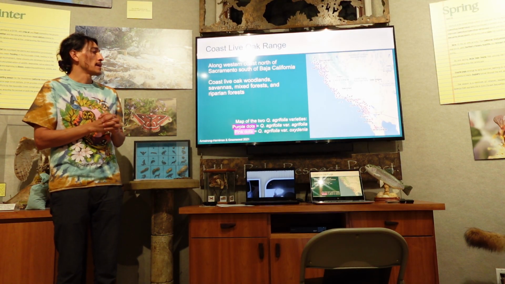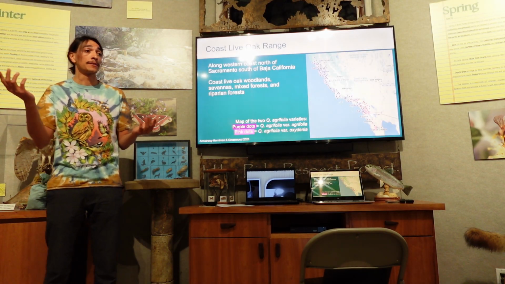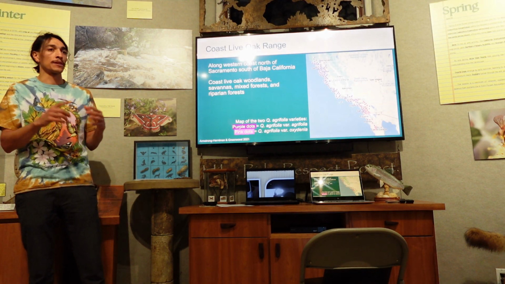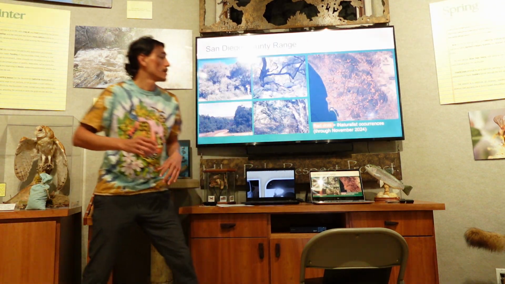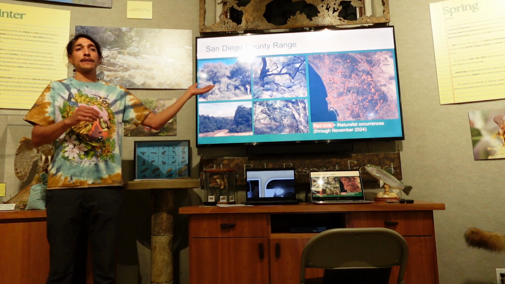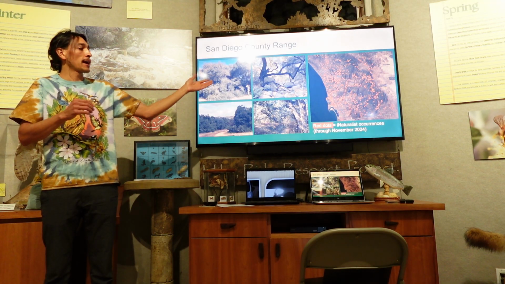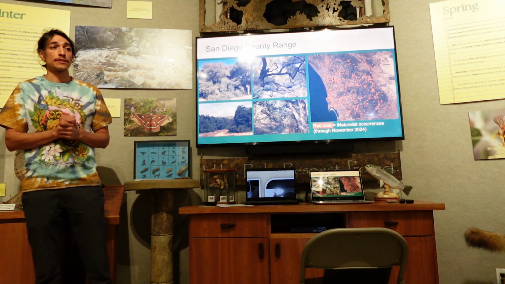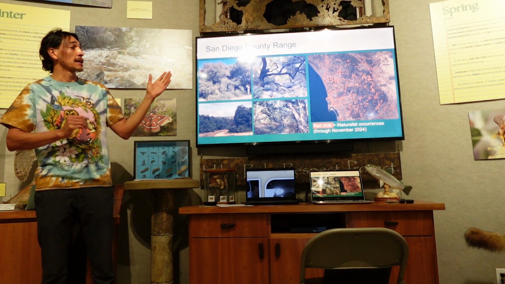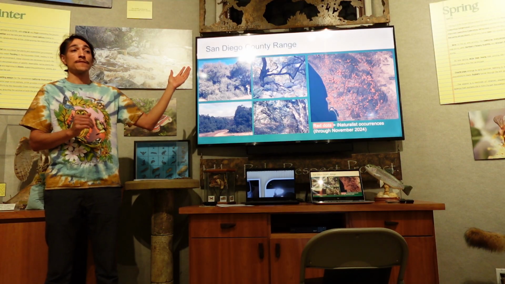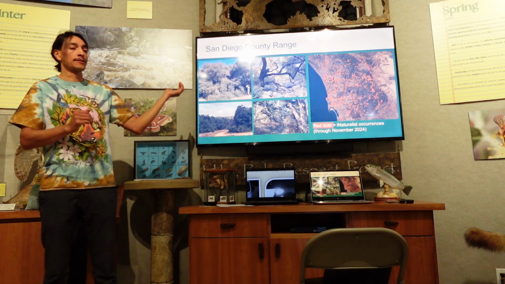Diego. And again, coast live oak comprise many significant habitat types throughout the county, from oak woodlands, transitional areas with chaparral, and even riparian forests. And this map here just really exemplifies the full range of coast live oak here in San Diego County. This is a screenshot containing the iNaturalist observations of Quercus agrifolia up to 2024. And you can see how coast live oak comprises a lot of the watersheds in San Diego County, from the mountains all the way to the coast.